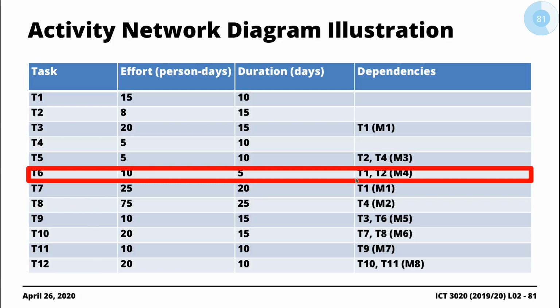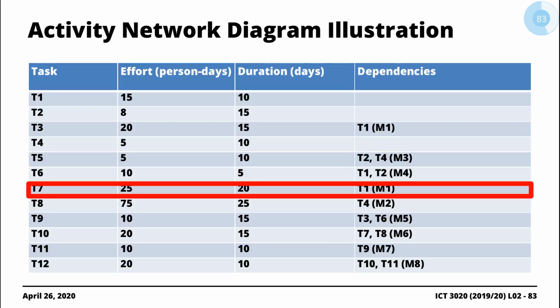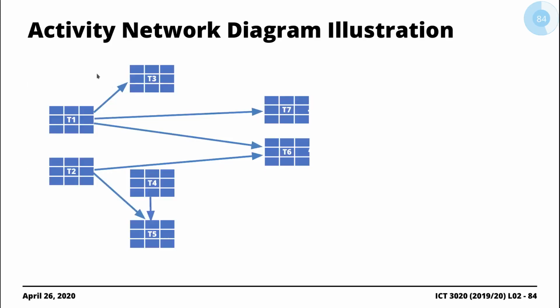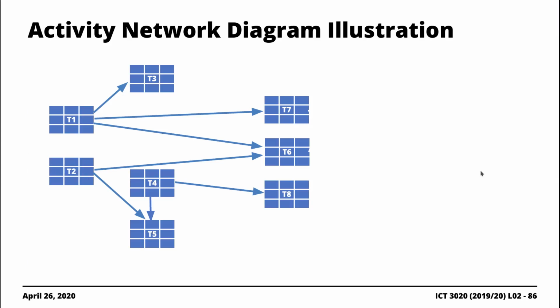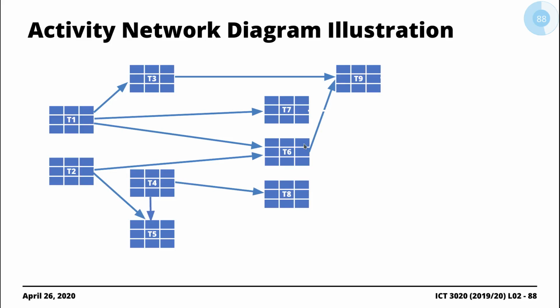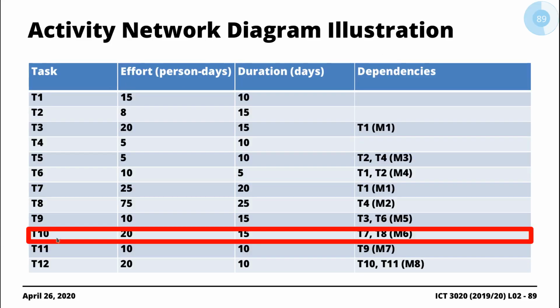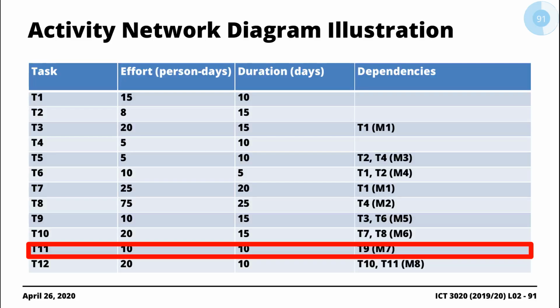Task 6 has dependencies on task 1 and task 2. Task 7 is dependent on T1, arrow pointing to T7. T8 has a dependence on T4, arrow from T4 to T8. T9 has a dependence on T3 and T6, so arrows from T3 and T6 going to T9. T10 has a dependence on T7 and T8, so from T7 and T8 arrows pointing to T10. T11 has a dependence on T9,